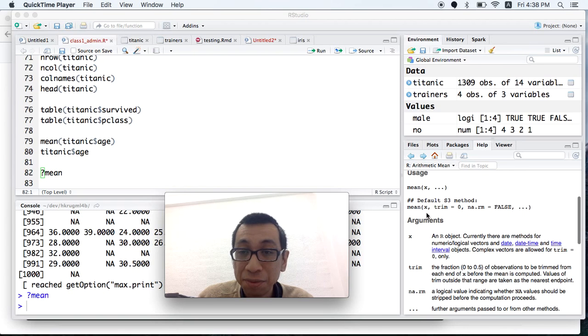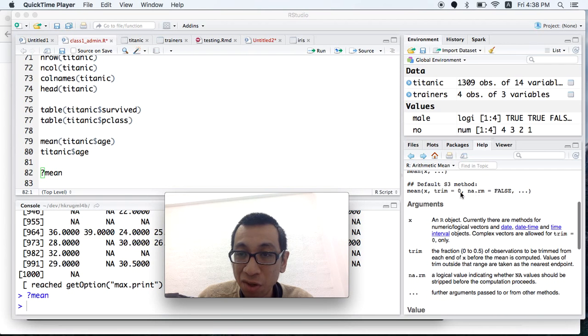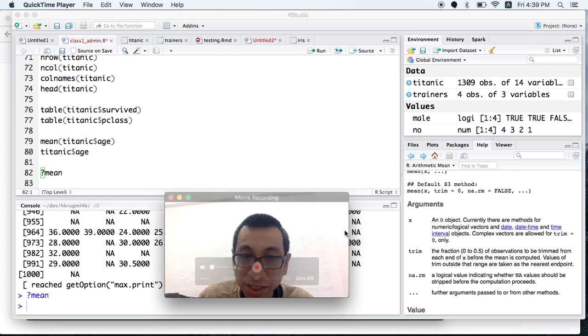So for mean, we have the default argument x, and then there is something more. Another argument is called na.rm, meaning NA remove. Just treat me as a naive R programmer. What is na.rm? It is a logical value indicating whether NA values should be stripped before the computation proceeds.